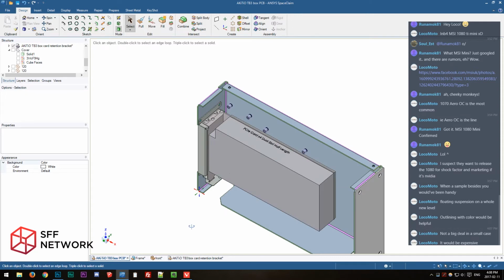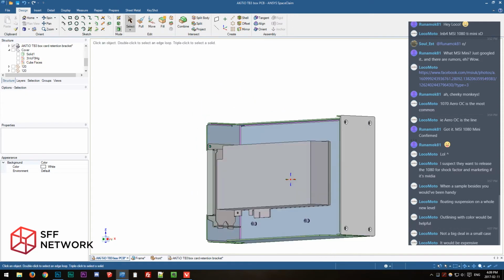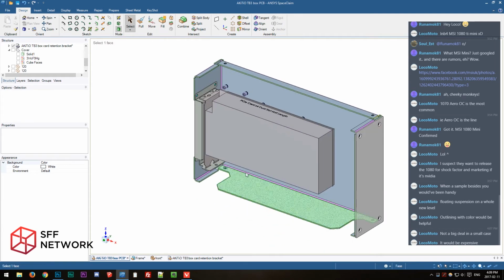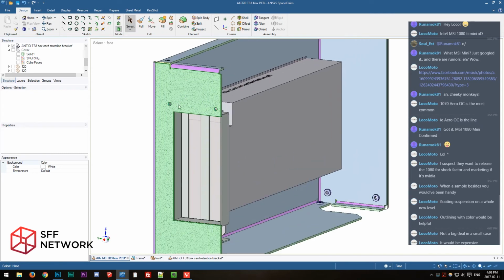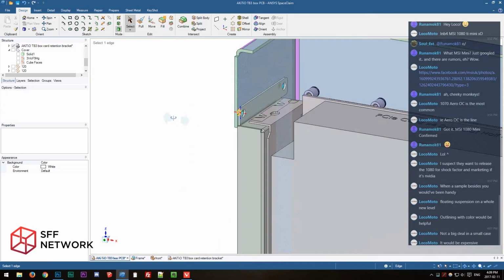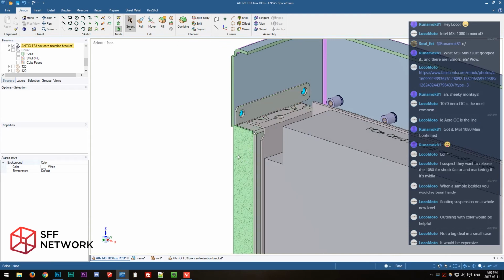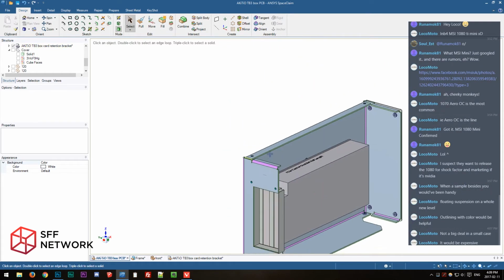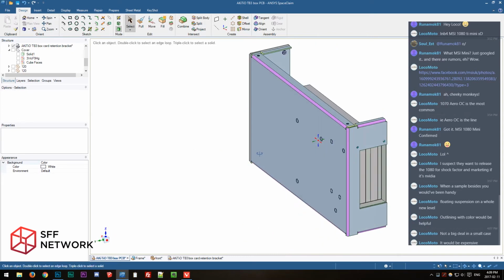All right, what else? So I think we have all the attachments accounted for then, because we have the standoffs accounted for. We have all the screws and countersinks for the exterior panels. We have now added at least the bare minimum screws for this little bracket here. So I think we're pretty close. The only thing we're really missing,